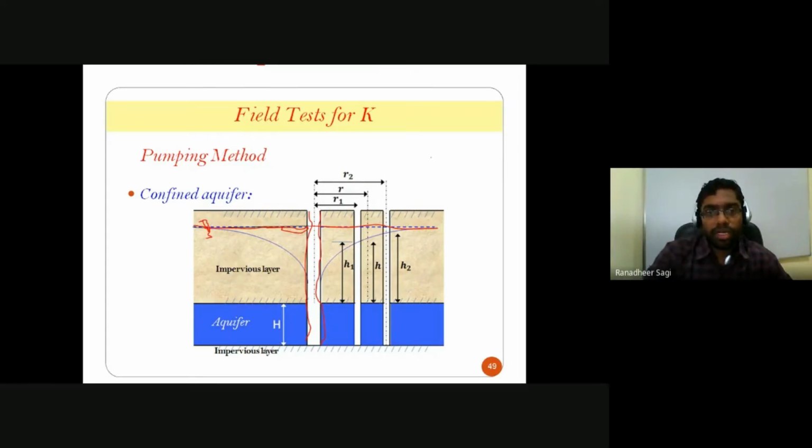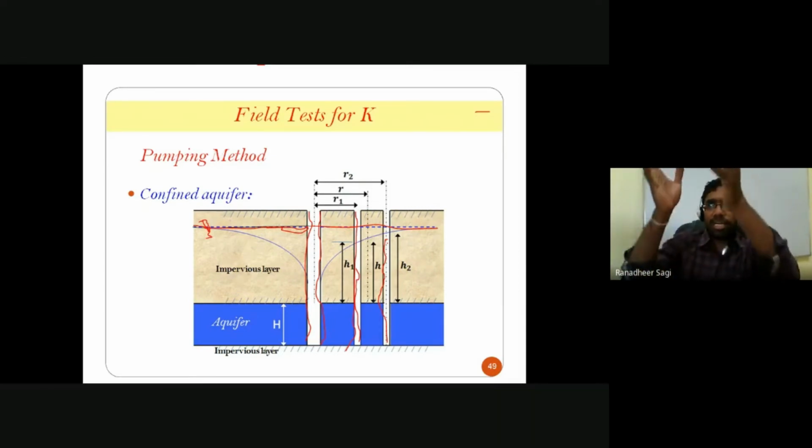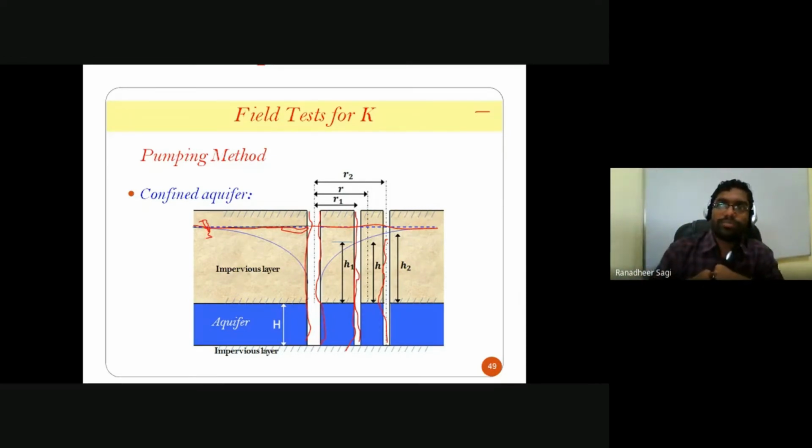Now, if you look here, apart from the borehole which you have made, there are two other holes that you could see, one here and the other here, which we are going to call observation wells. Now, what is the purpose of these observation wells? These observation wells are nothing but small diameter holes, again which you are making into the ground. What is the purpose of the observation wells? To understand how the head level, the water level, the water table level, is changing from one place to the other. I repeat, how the water table level at one place varies from the other place.